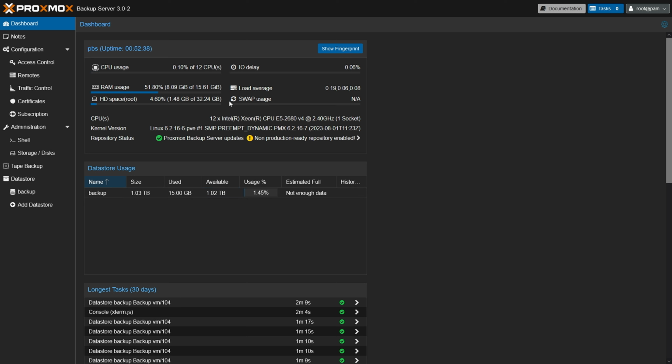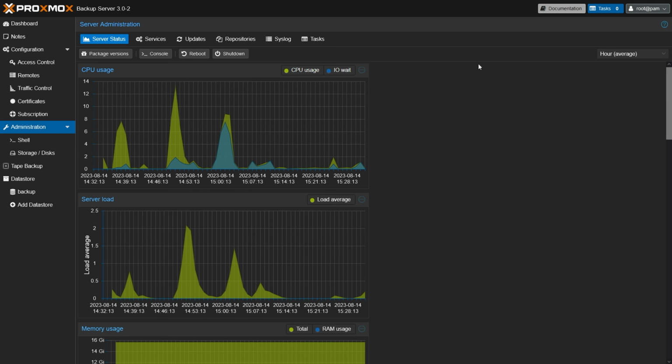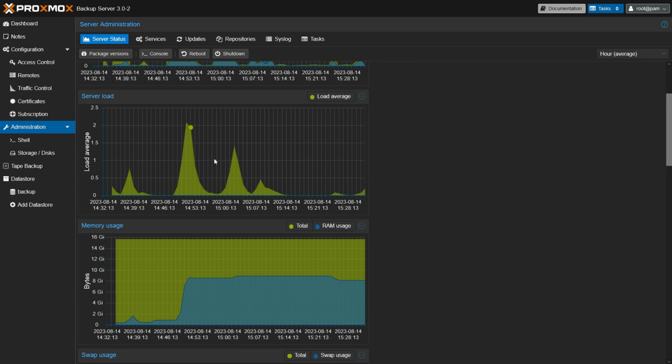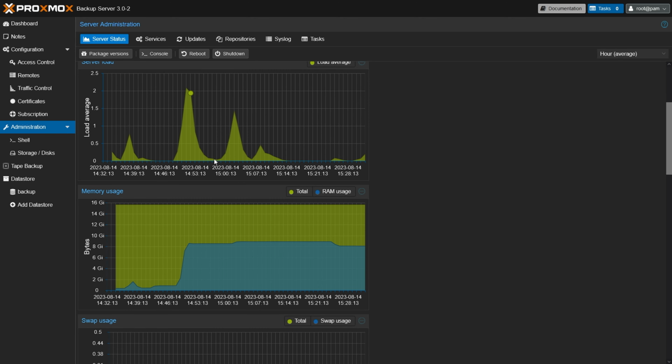The other thing I'd keep an eye on is system load utilization. You can look at graphs here in administration and also look back at longer periods of time if you want, and just make sure that CPU usage isn't sitting too high for any extended period of time. Server load can also be a good idea to keep an eye on, because if server load is too high, that's another way of seeing the system is possibly being overloaded, and you might want to get faster CPUs, disks,